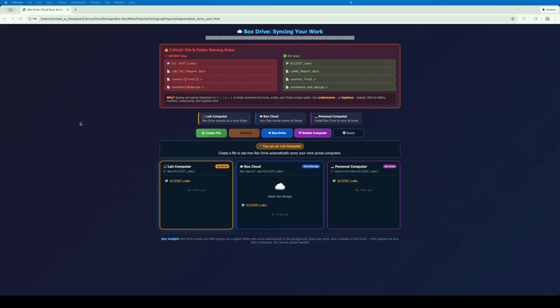Okay, in this video, I wanted to walk you through Box Drive and syncing your work in the lab environment. So you might be already familiar with Box and you might use it in a different way. Some people use Box Cloud only, but I think it's most convenient for the lab to set up Box Drive. So you'll go to the lab computers, you might have to log into Box Drive and get that going on your profile, but that's what you're going to need to do because what happens with the lab computers is the